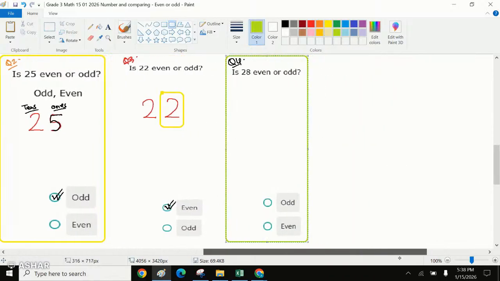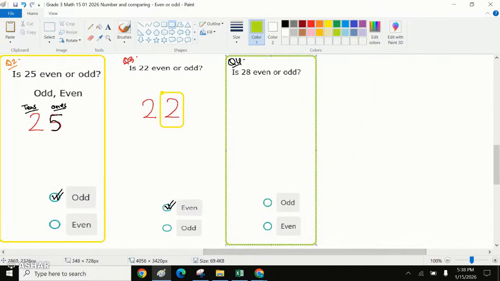Is 28 even or odd? Since 28 is ending with an 8, and we know that the numbers,